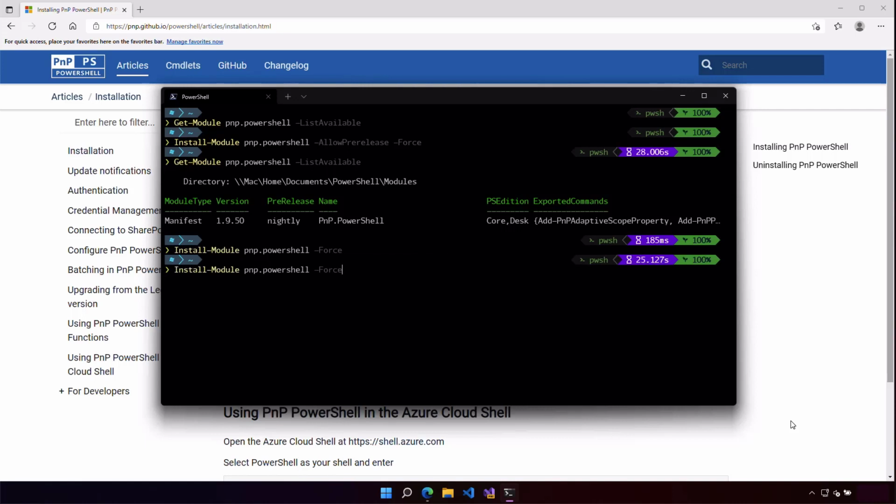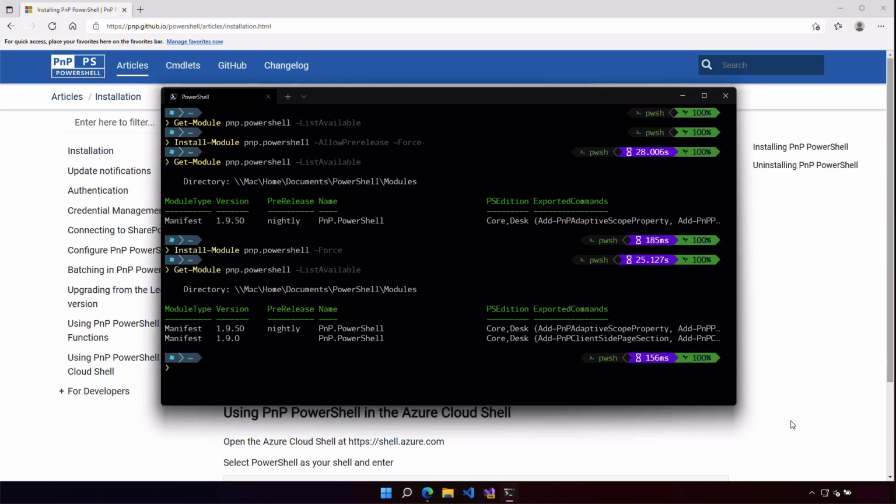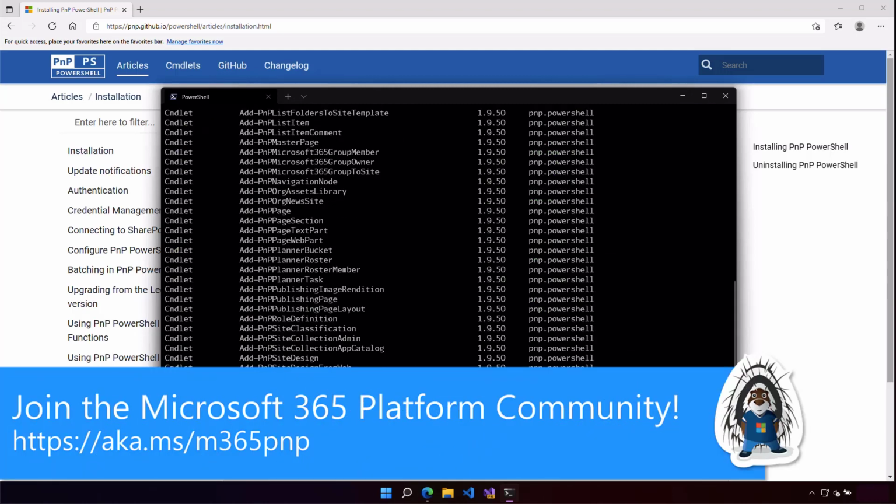And now we should have both versions installed on the machine. And indeed, we have 1.9.0, which is the stable one, and 1.9.50, which is the nightly release. And that's how you get PnP PowerShell installed on your machine. But we can also verify that it's working correctly if we do Get-Command -Module PnP.PowerShell. And voila,